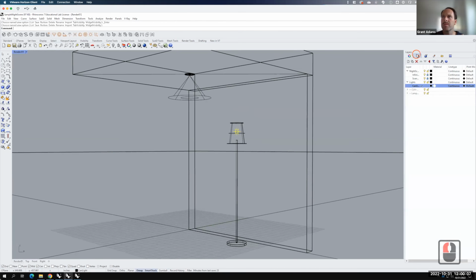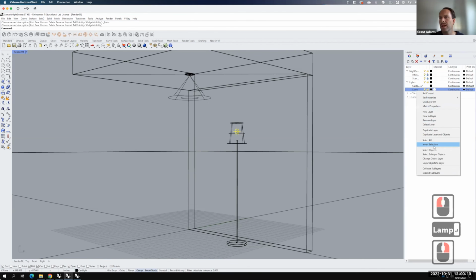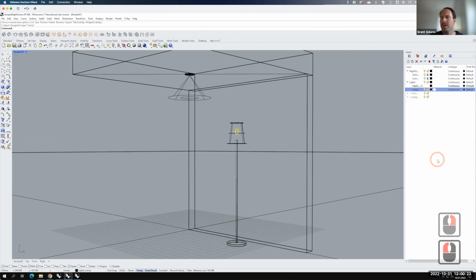I probably should make sure that my new point light is actually on. We'll call this lamp, the lights layer for lamp. Let's go ahead and change the object layer. There we go. And now it's time to render it. Now we could choose to leave this light on or turn it off. So I could easily turn off the,